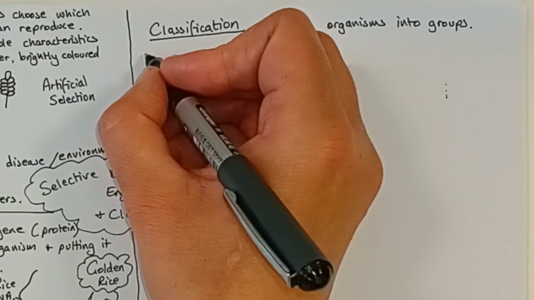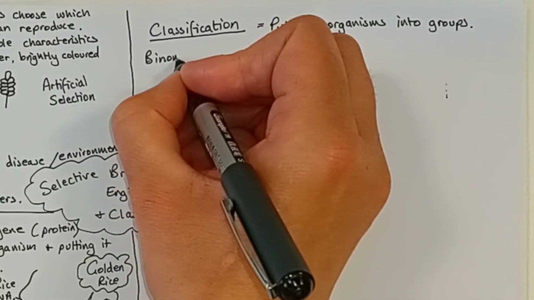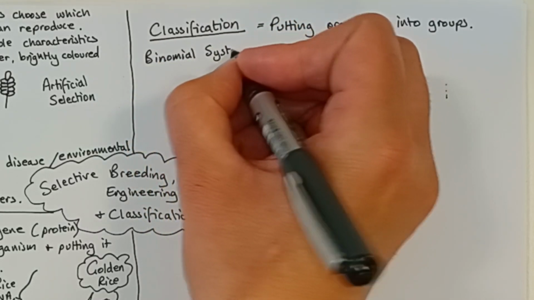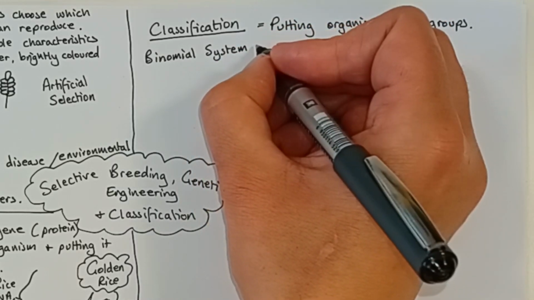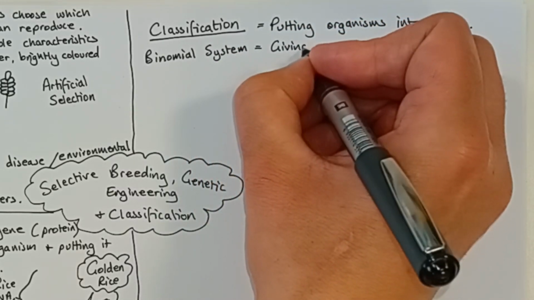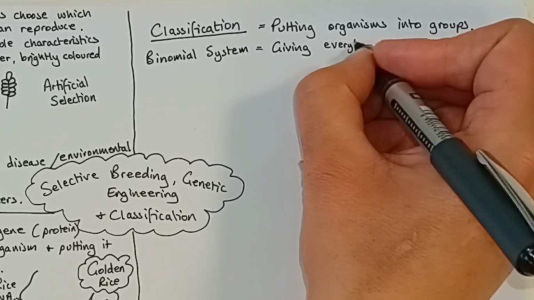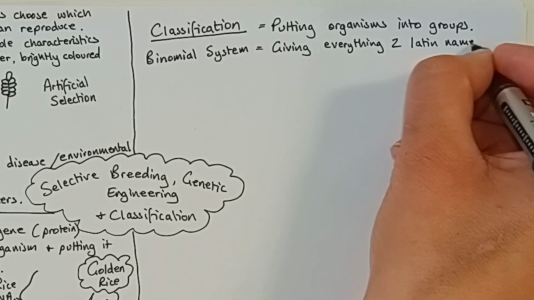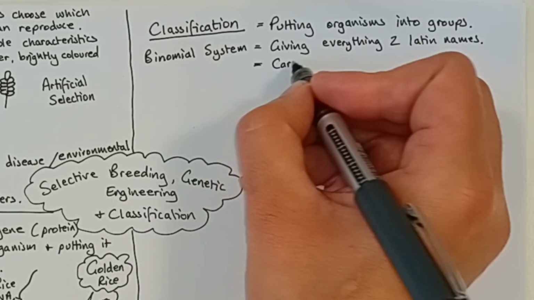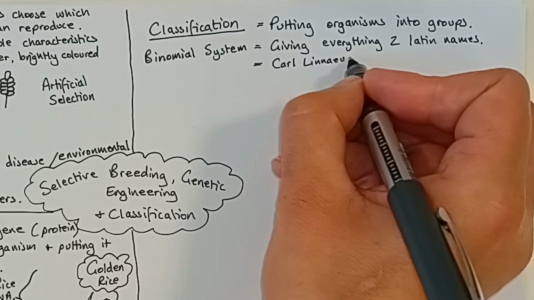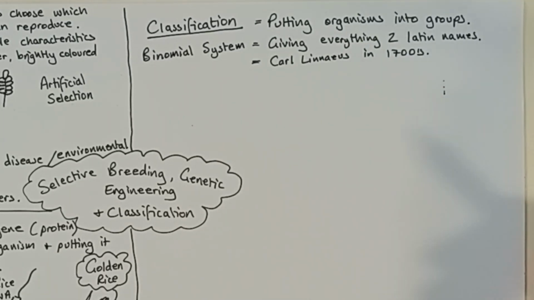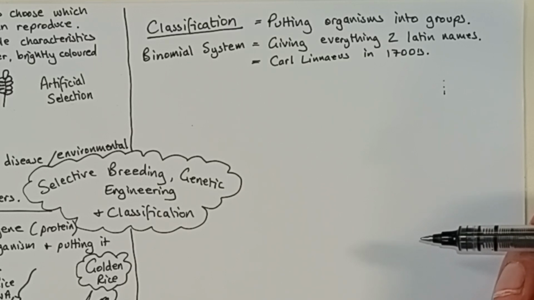Originally, in the 1700s, it was done by using something called the binomial system. Bi means two, nomial means name, so it's the two-name system, which was developed by Carl Linnaeus in the 1700s, giving everything two Latin names. And the two Latin names he gave everything were actually the two smallest groups of a system that he developed,